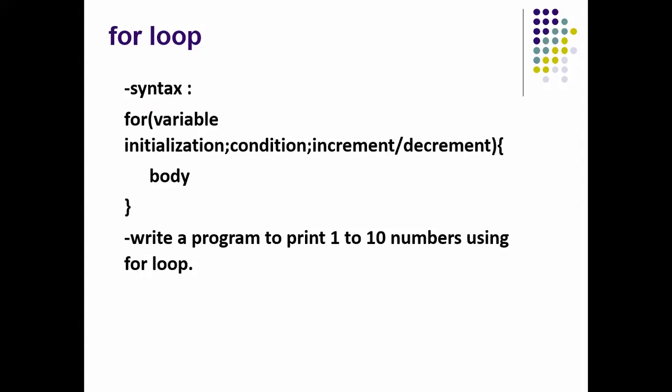Okay, let's go ahead. While loop, for loop. The syntax of the for loop is we do all initialization, condition, increment, decrement at one place in the for loop. So this is preferable to use. Okay, this is preferable. This is easy to use. In this, we write a body, start curly brace, and we write the body in it. We will see one example program of how we write a for loop.